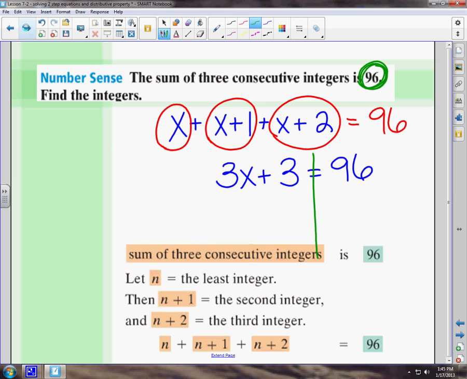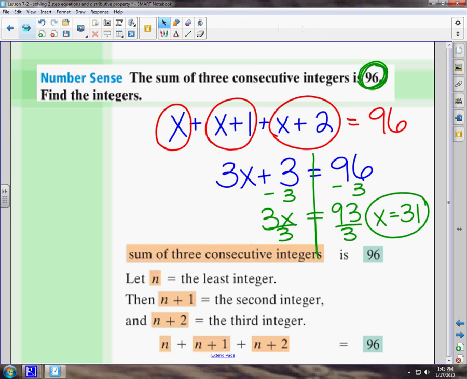I'm going to draw my line. I'm going to minus 3 from both sides. So 3x equals 93, and then I divide by 3. So x equals 31. I was very close when I guessed 30. So x is 31. So my three consecutive integers would be 31,